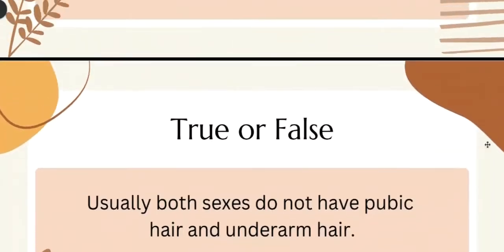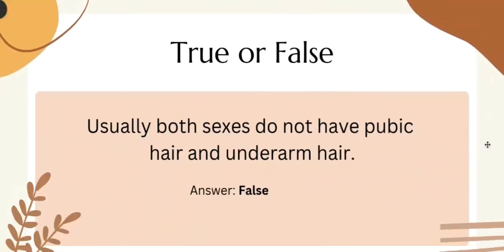Usually both sexes do not have pubic hair and underarm hair. So you already saw the answer because I pulled the slide too fast, and the answer here of course is false, because both sexes have pubic hair and underarm hair. Who is a person who doesn't have any hair? It is normal for people of any gender to have pubic hair and underarm hair. So the next one would be